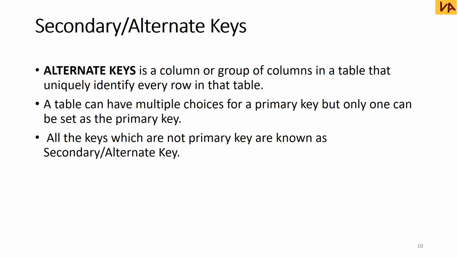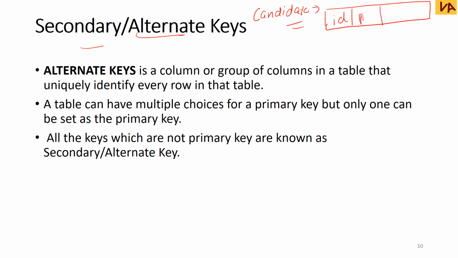Next we are talking about the secondary keys or the alternate keys. Now you already know, for example, I am going to take the candidate key. As I already told you, it is the combination of attributes which are going to make the table unique or can identify the table in a unique manner. In my earlier example, in the candidate key we take all the attributes which can individually also access the table uniquely. Now in this candidate key we have three attributes: ID, phone number and email.